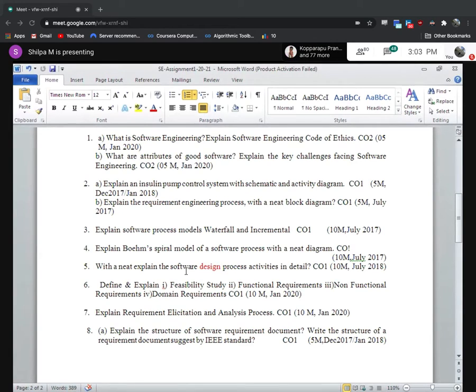Yes, 2.5 marks for 2.5 marks. Should I have to write so much thing? That is what the question is, right? All of you. See, define and explain feasibility, functional and non-functional requirements. Functional and non-functional requirements, you have literally 2 to 3 pages. Ma'am, for 2.5 marks, who will write 2.5 or 3 pages, ma'am?